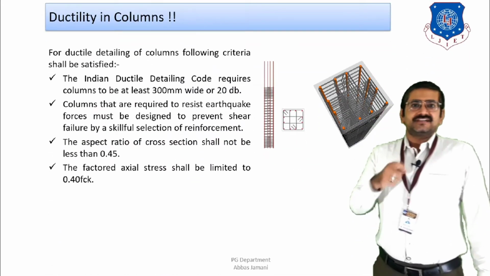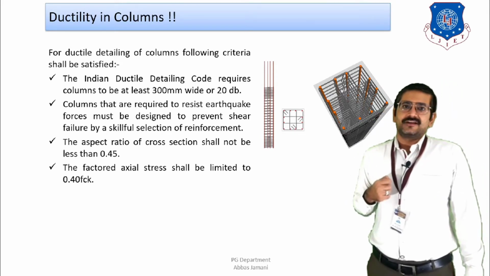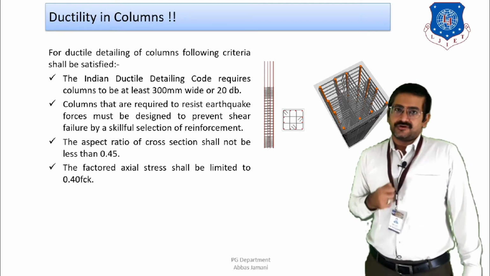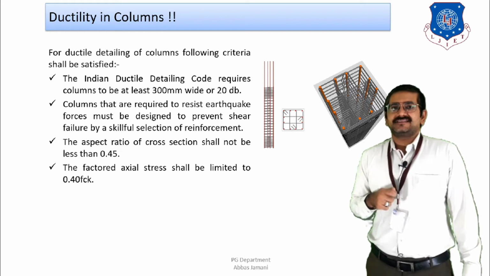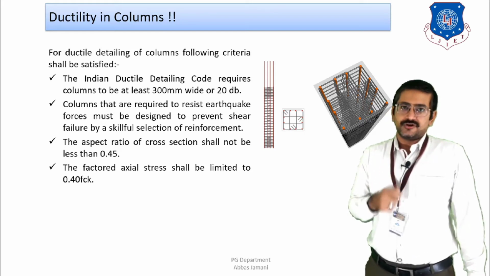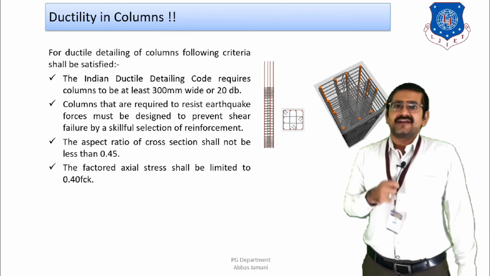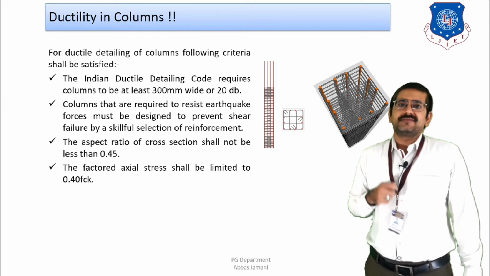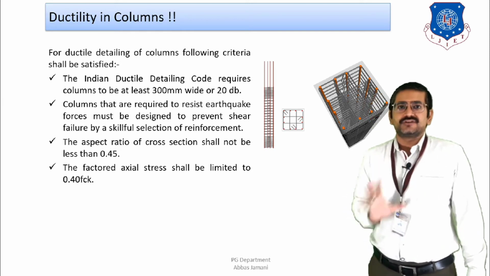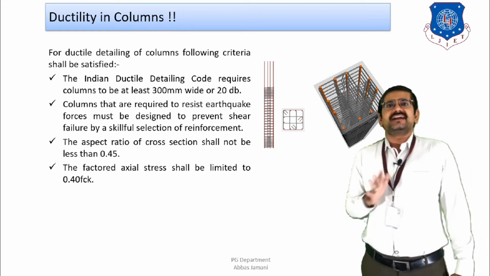Right? Now, just like in the case of beams, where we had certain basic criteria based on which the ductile detailing of beams could be done, similarly, there are some basic dimensional criteria that are to be followed for columns as well. And these guidelines are, mind well, provided as per IS 13920:2016, where the first criterion is that the minimum dimension of the column should be 300 mm or 20 times the bar diameter. That is, either face of the column, the width or the depth or length of the column, should be minimum 300 mm or 20 times the bar diameter.